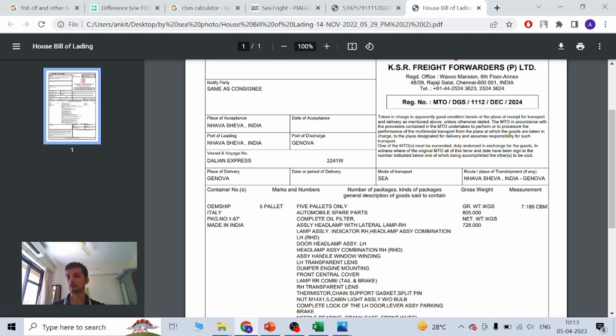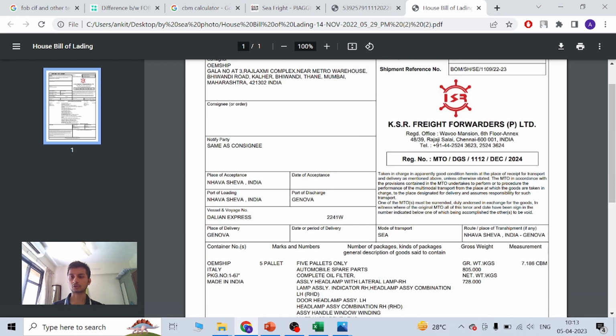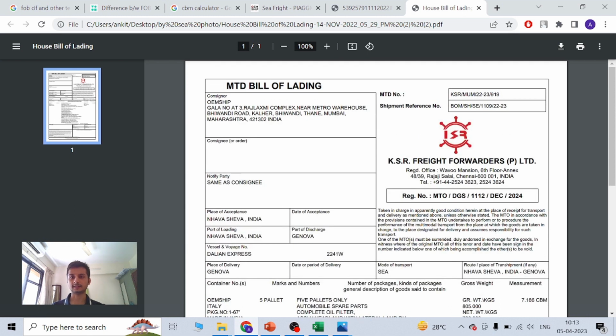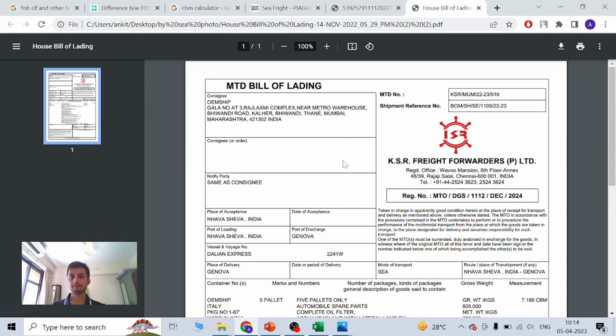So you're going to be costed on this. Because it's 7 CBM, you could put about 7,000 kgs, right? But it's going to be the higher of CBM and volumetric weight. If it was 8,000 kgs in 7 CBM, it would have taken 8,000 kgs, but it was just 805 kgs and 7 CBM. So 7 CBM is taken as the cost for you. It was 7.18 CBM times 55 plus fixed cost, if you've been seeing the entire video properly. So this is what a bill of lading looks like.